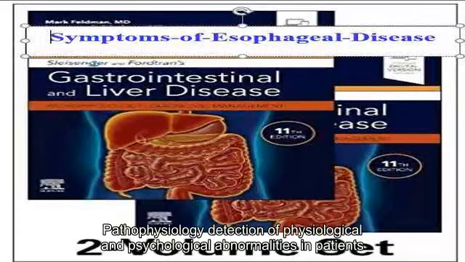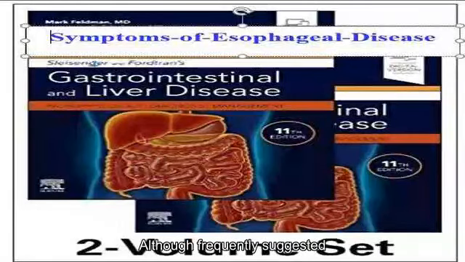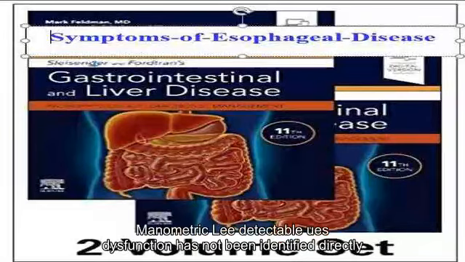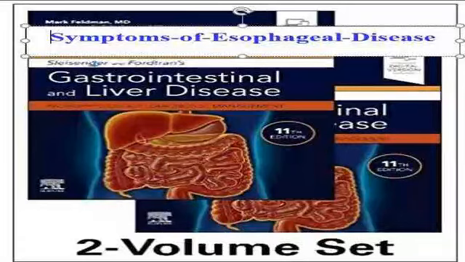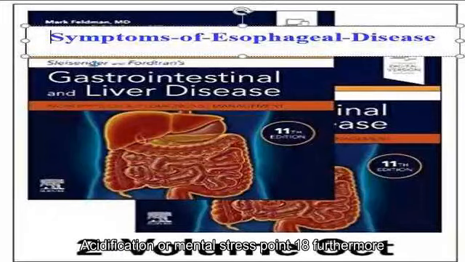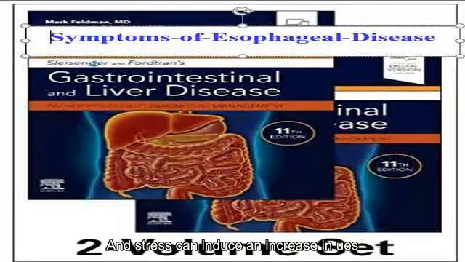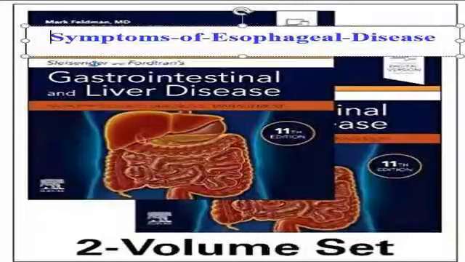Pathophysiology. Detection of physiologic and psychological abnormalities in patients with globus sensation has been inconsistent and controversial. Although frequently suggested, manometrically detectable UES dysfunction has not been identified directly as the cause of globus sensation, nor does the UES appear to be hyper-responsive to esophageal distension, acidification, or mental stress. Furthermore, esophageal distension can cause globus sensation unrelated to a rise in UES pressure, and stress can induce an increase in UES pressure that is not associated with globus sensation in normal subjects and in patients who complain of